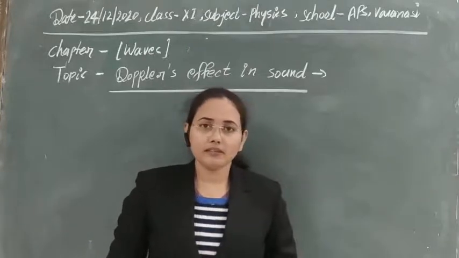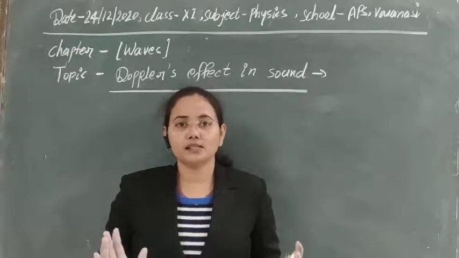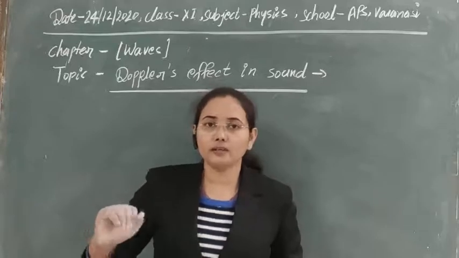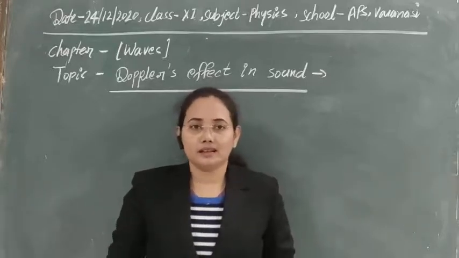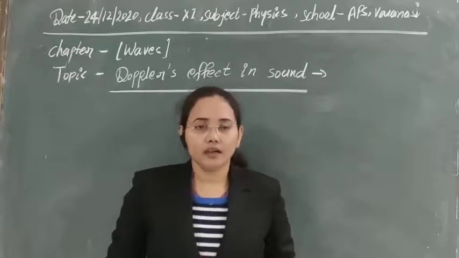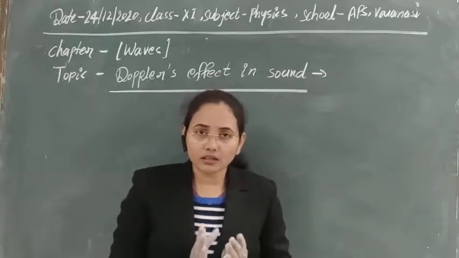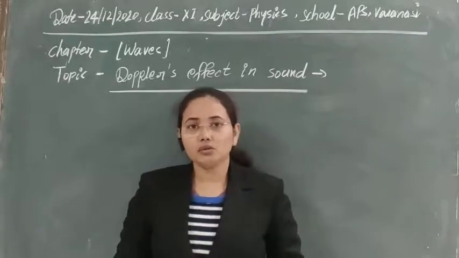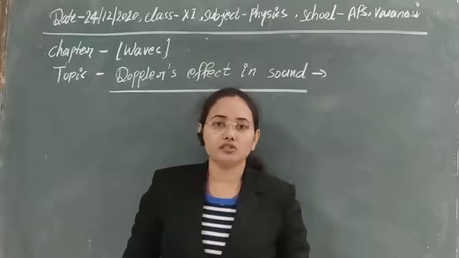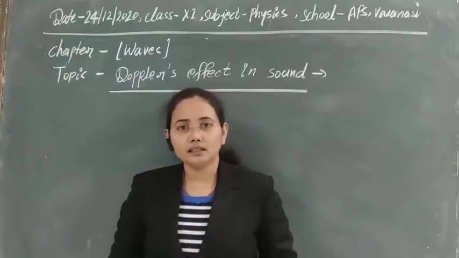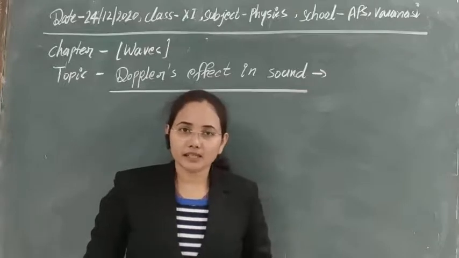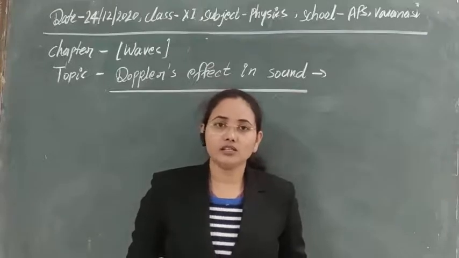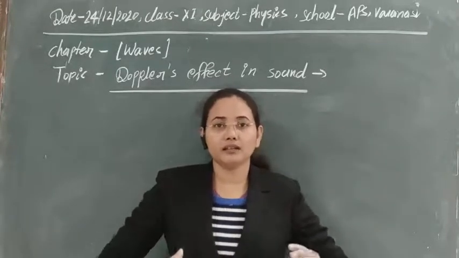We have seen that if there is relative motion between source and listener, then there is always a change in frequency. The frequency heard by the listener either increases or decreases according to the direction in which they are moving. And if the medium is also moving with some velocity, then there can also be a change in the frequency heard by the listener. In that way the Doppler effect can be observed in sound, and we have seen how to understand the change in frequency due to relative motion between the listener and source.